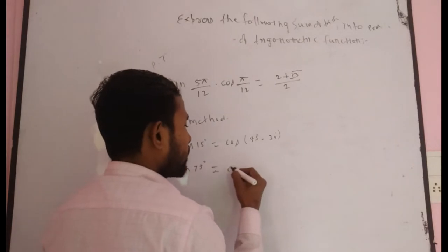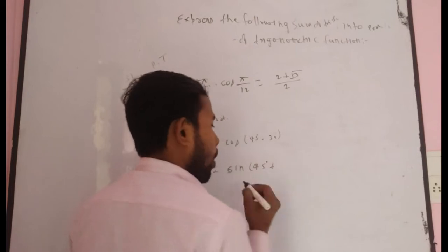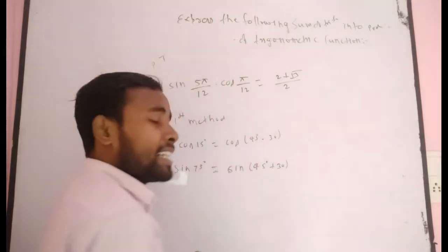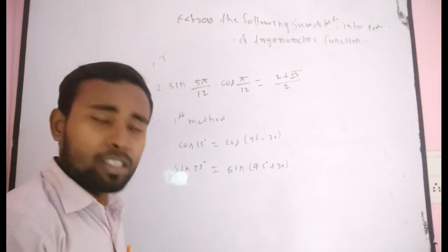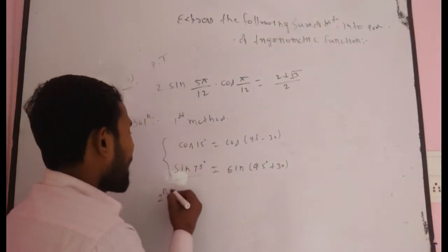This is the way you can find it. Can you write it as sin of 45 degree plus 30 degree? Here you have to use sin(A plus B) and you can find sin 75 degree. This is the simple way. Second method,